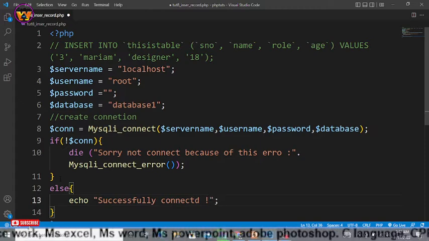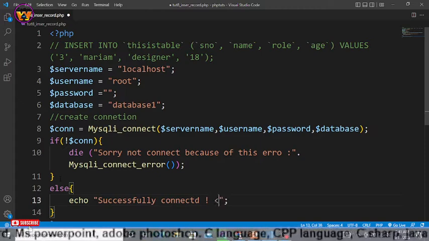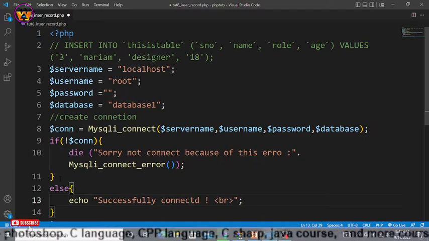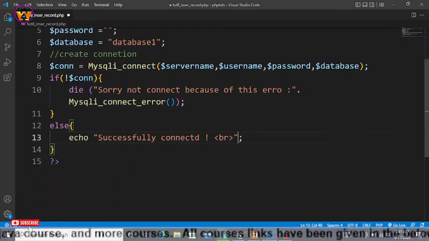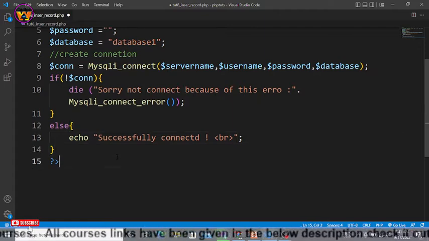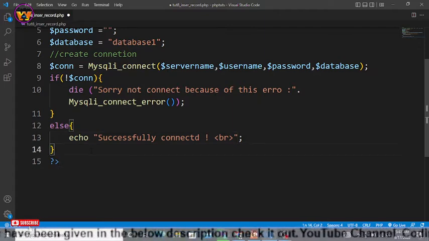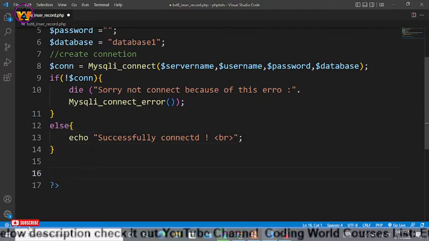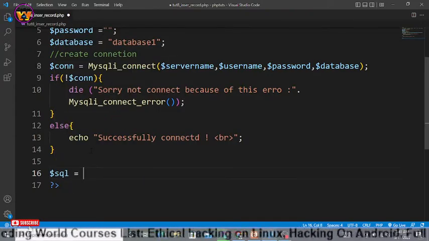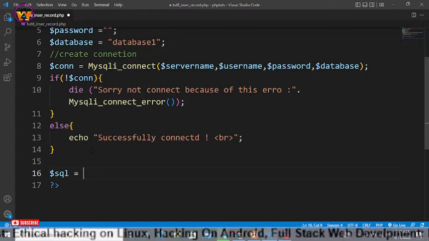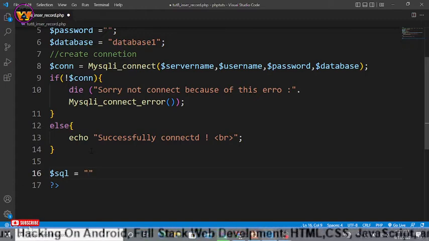Okay, great. Now let me write here a BR tag so that we use a new line. In that way you can use connection. After that we need to insert into the table. For that we have to use a variable or an object, MySQL. After that, within MySQL you have to use double quotes. Now there we use two keywords,